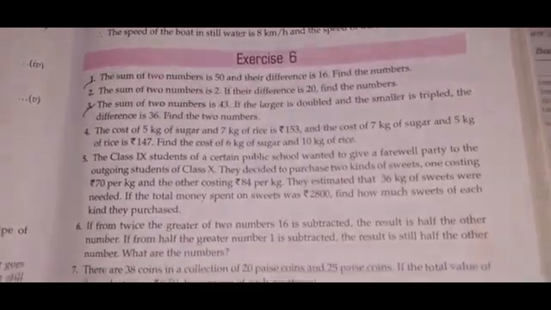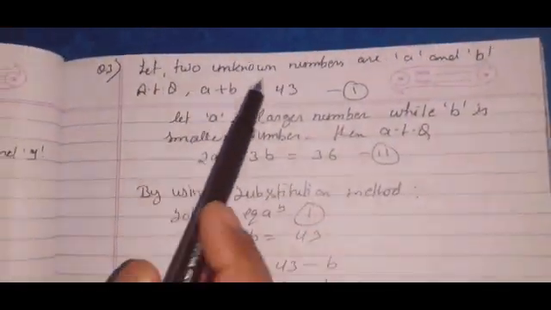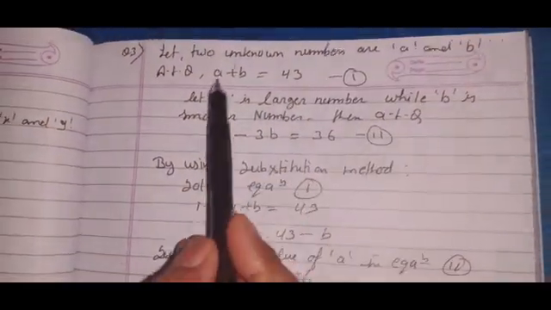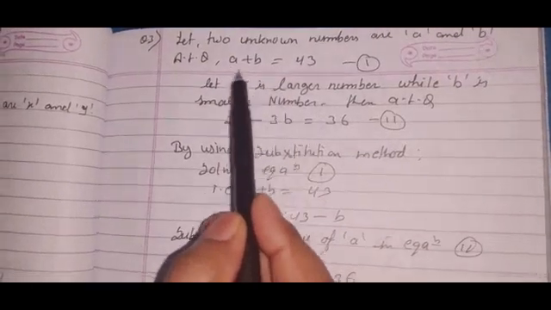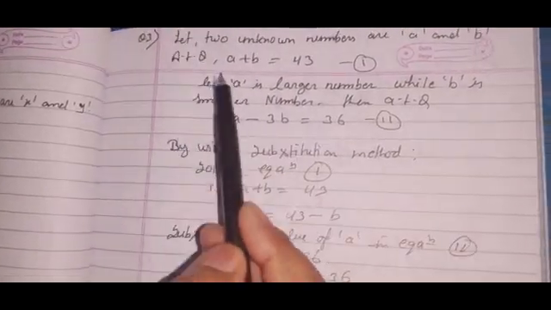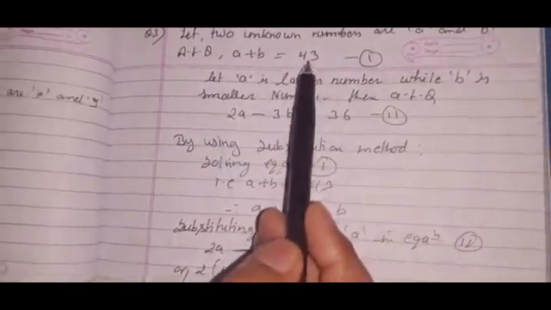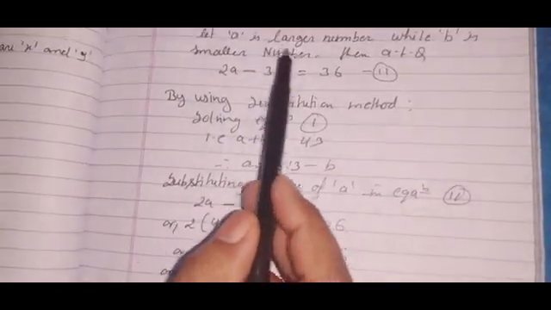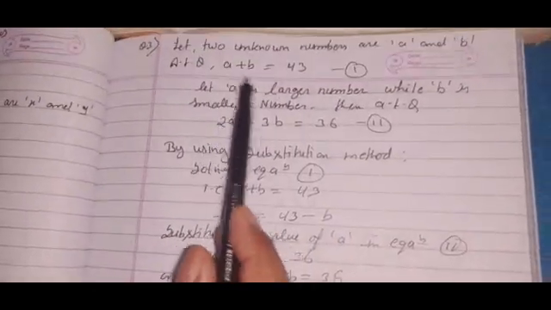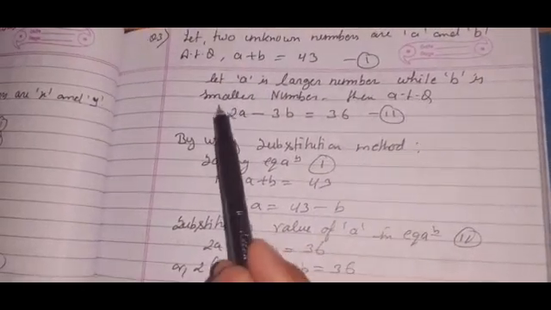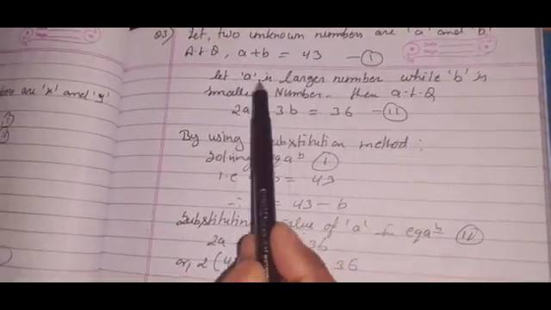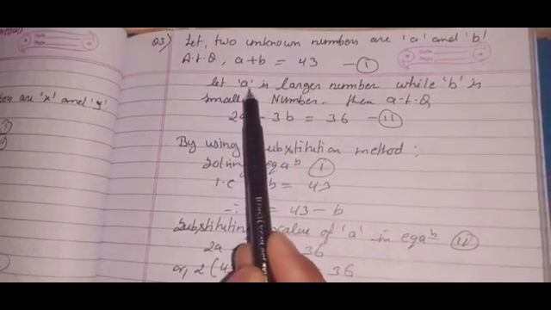See what I have done here. Let the two unknown numbers be a and b. According to the question, the sum of two numbers is 43, so I have written a plus b is 43. This is the mathematical form of the given statement. Now, as I told you, out of these two you may consider any one the larger number. A is the larger number while b is the smaller number, and my question says that if you double the larger number,